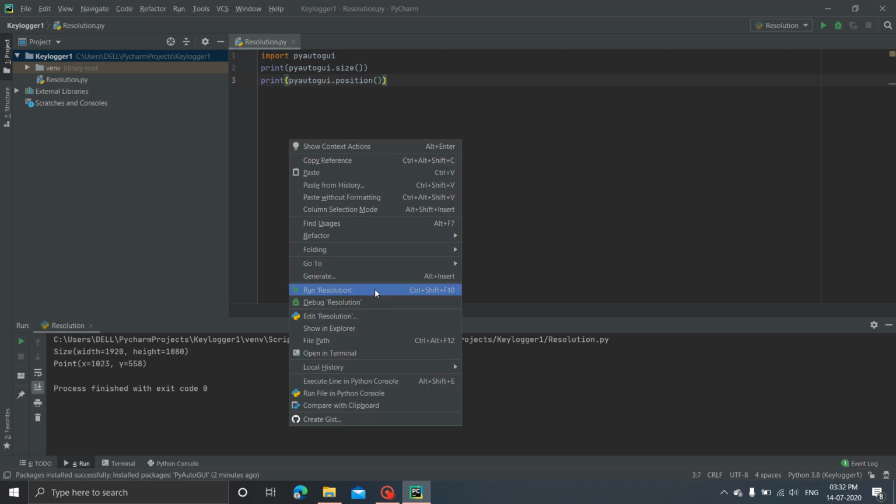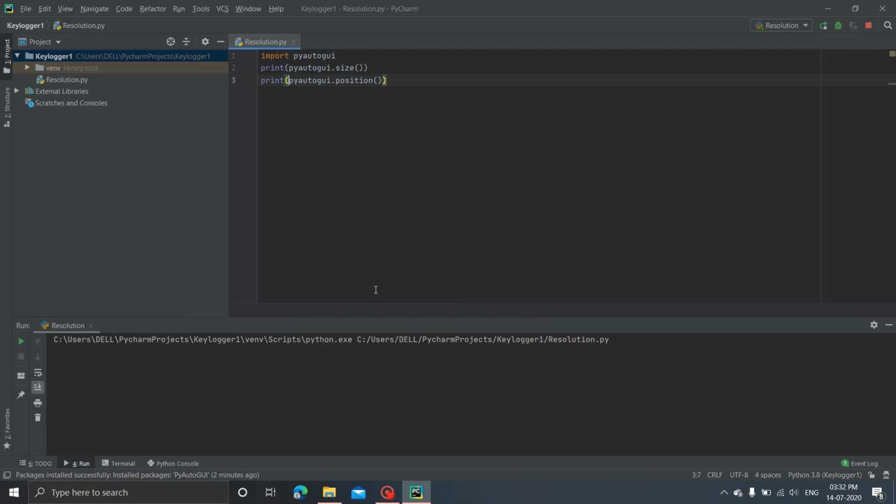Now since my mouse is pointing at this particular point, the coordinates of x and y should change. So I would just click on run, and then you can see that the points have changed. It's 803 comma 620. So this is how you get the position of the mouse, and you can use these things in building various projects, such as in the immediate next video, where I would show how to shut down the system using PyAutoGUI.